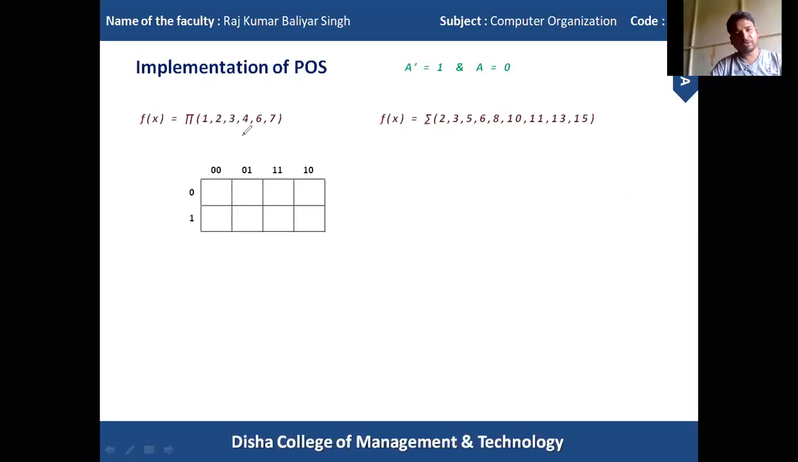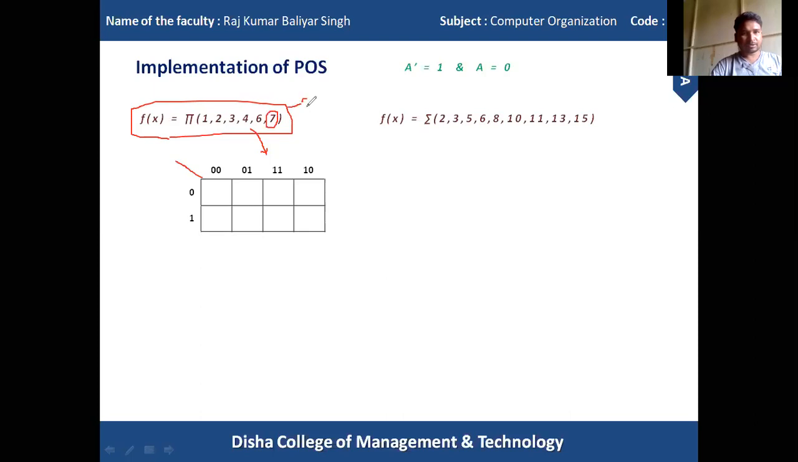A Boolean function can be given in the max term also. Because the POS is also represented with the max term, that is pi of m. So here 1, 2, 3, 4, 6, 7 are all cell numbers, the cell numbers in the form of decimal values. As I said in the last class, the last value, that is 7, for this expression,